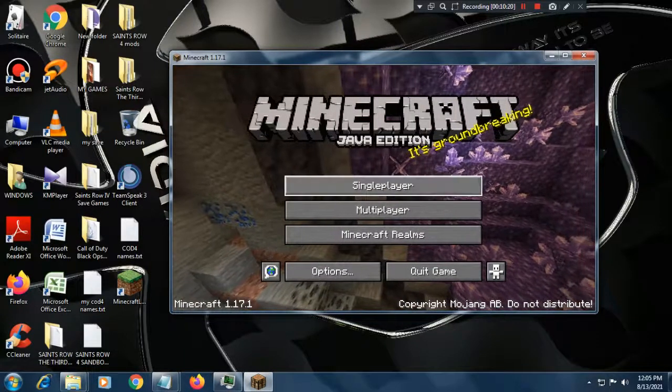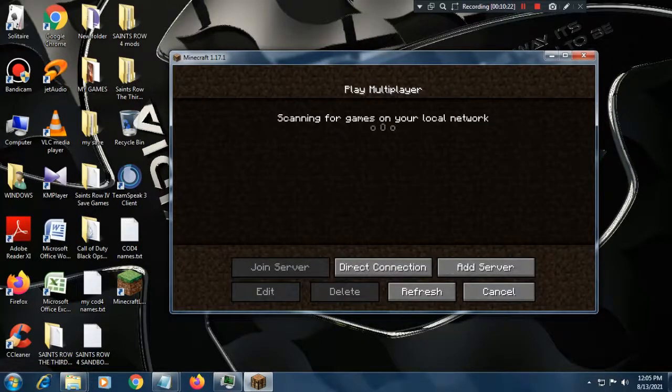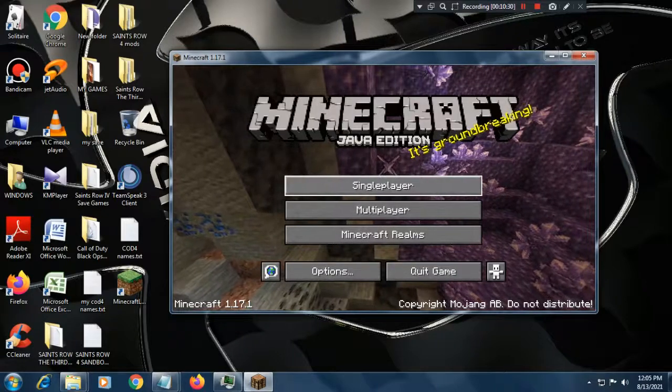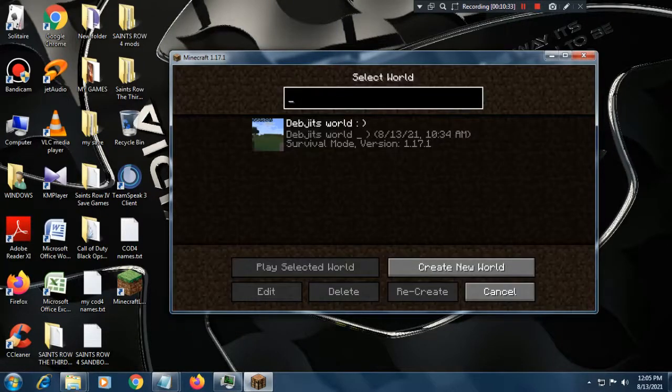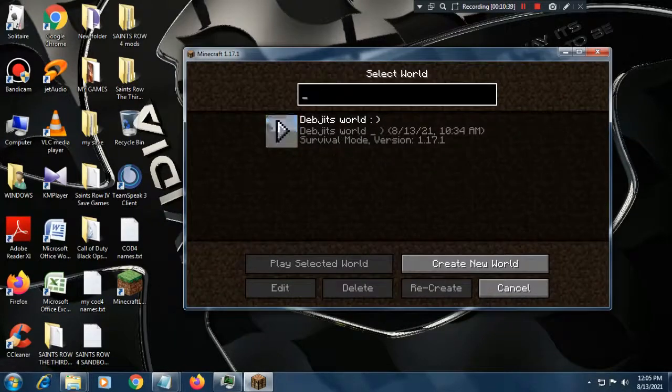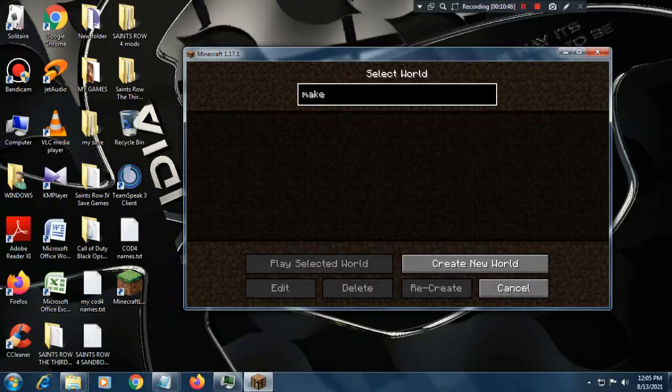The best part is you can also get multiplayer servers from here, and you can also get single player. I'm going to use the Microsoft login account. I'm going to make a new world.